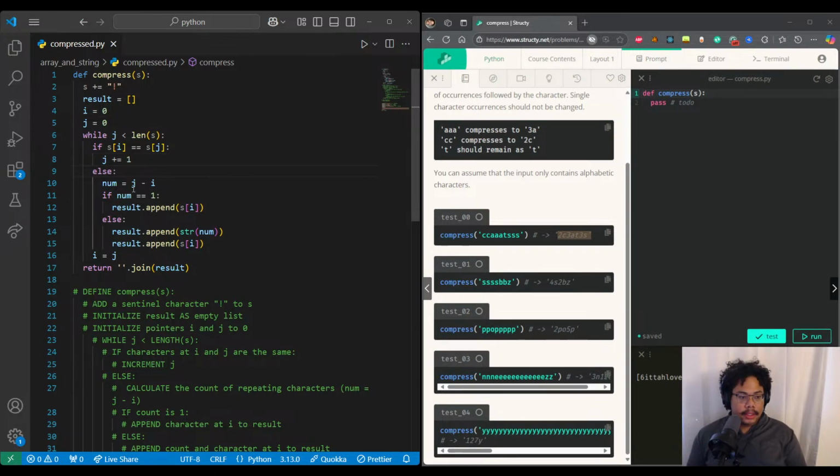If it isn't, then we'll take the num, J minus I. That's not minus 1, J minus I. We're going to set that as the count. If the count is equal to 1, then we're going to append the value itself of